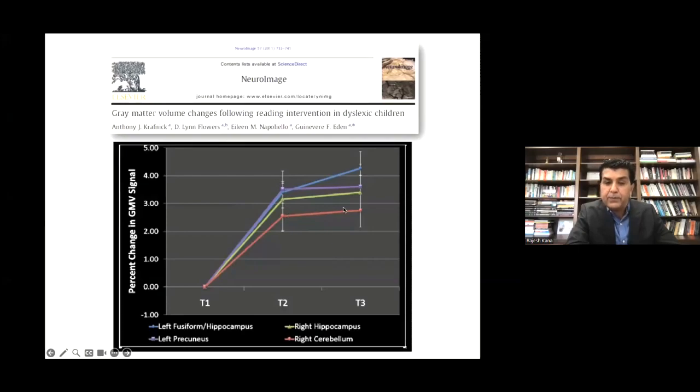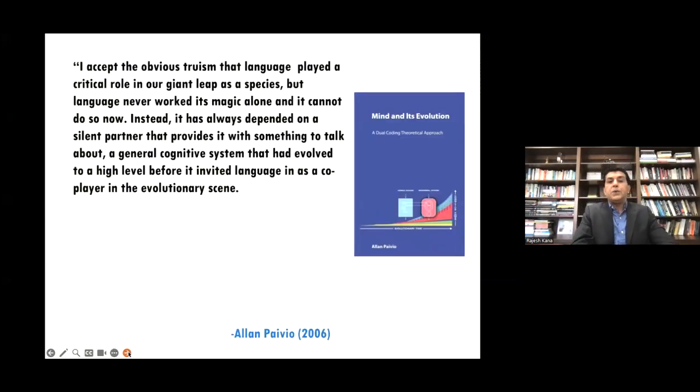And then they waited for some time and looked at time point 3, and some of those changes were sustained at the third time point. So clearly showing the plasticity of the brain in changing the gray matter volume, and that volume change sustaining after the intervention is over and after a certain time period. So I just wanted to connect this with the reading comprehension and intervention, which we are going to talk about in